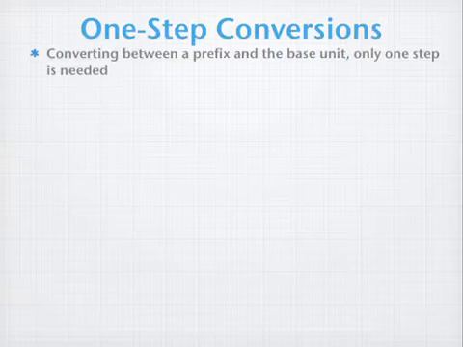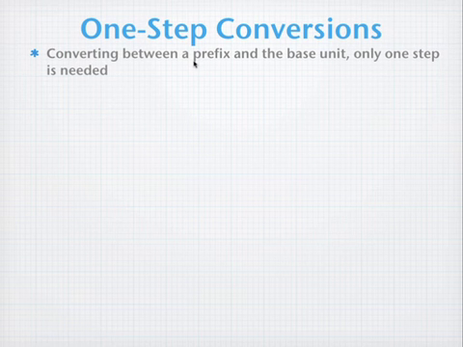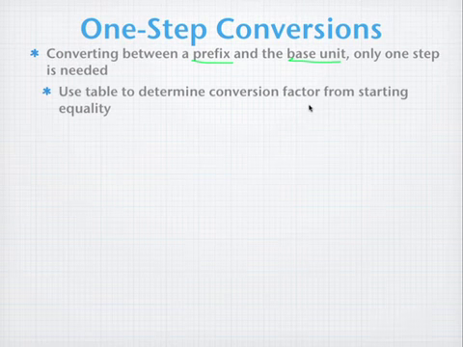Alright, so we're going to do some conversions. One-step conversions are going to involve conversions between a prefix and the base unit. It can go either direction. And when this happens, only one step is going to be needed. We'll use the table to determine what conversion factor we need from the starting equality as we set up our